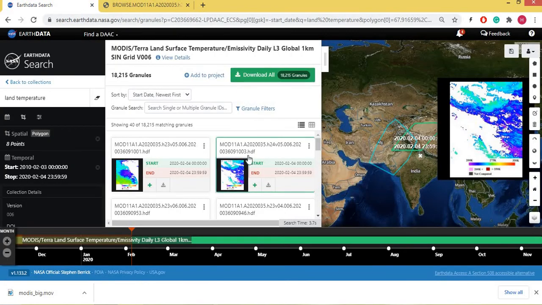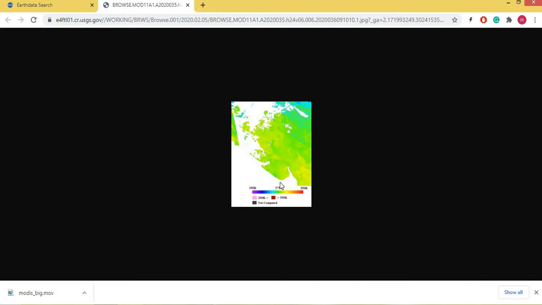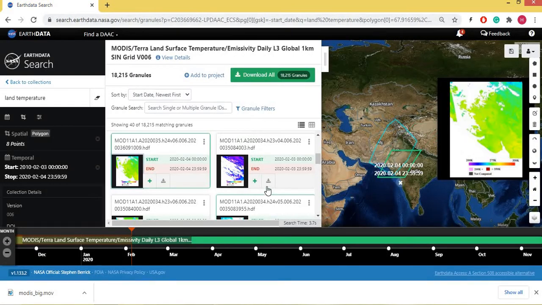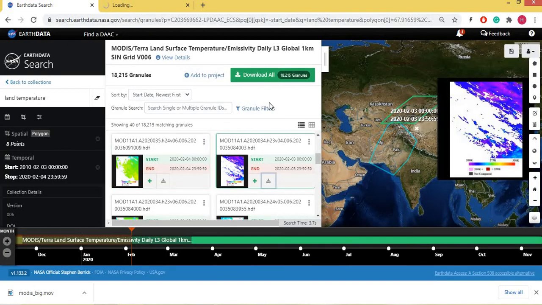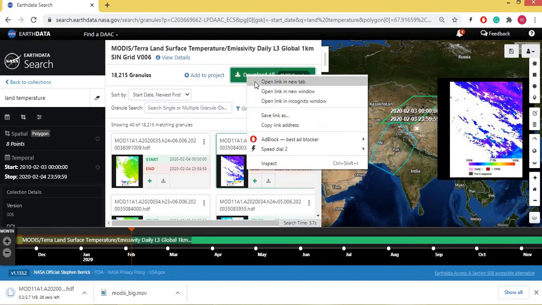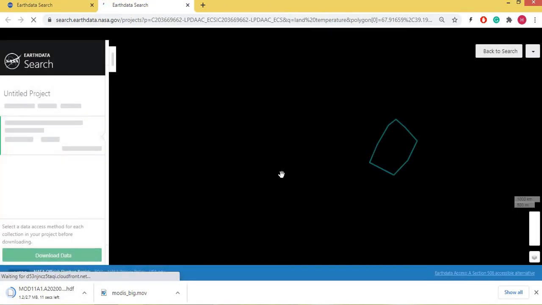And if we select any other area like this one, agricultural fields, now you can see the temperature is about 270, more than 275. Here temperature is about more than 280 to 290. You can see the yellow color. So you can download any of the images by clicking here. The images will be downloaded, and you can go to the option for download all. So this image is of 2.7 MB. So these are all the images.